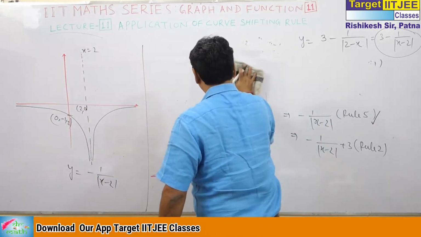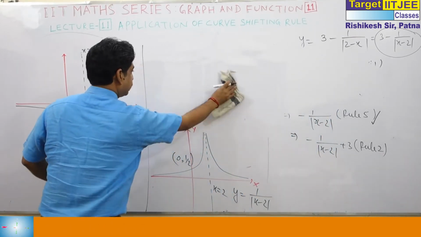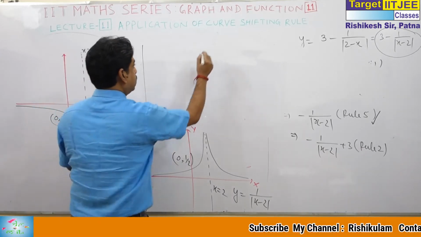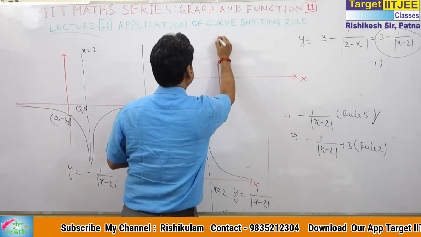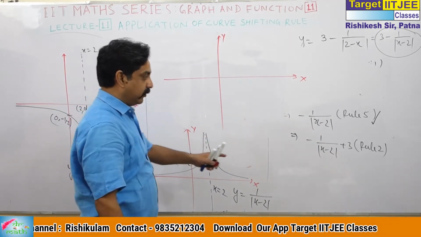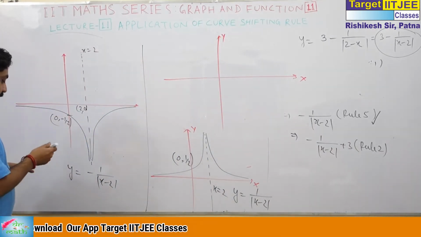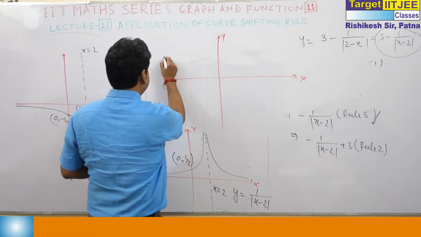What is the final one? This is the final one. You can see. Suppose x-axis, y-axis. What we have to do? We have to take 3 units upward due to rule 2. So 3 units upward, you can say this line is actually y is equal to 0. So we take here